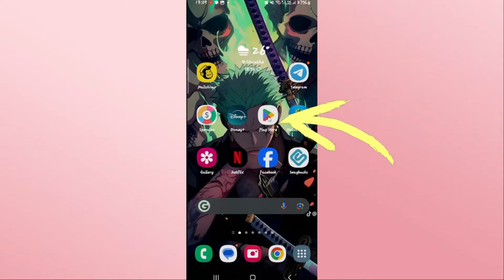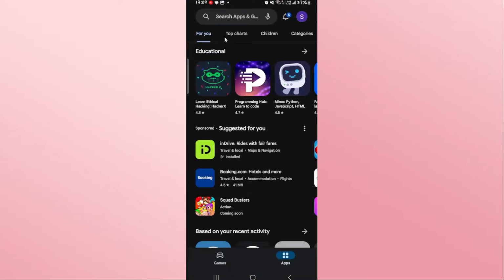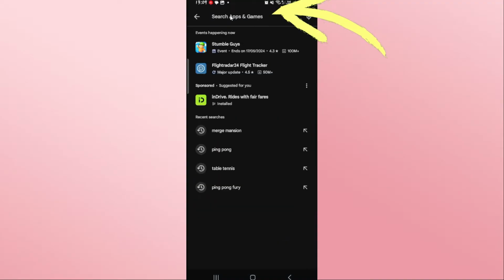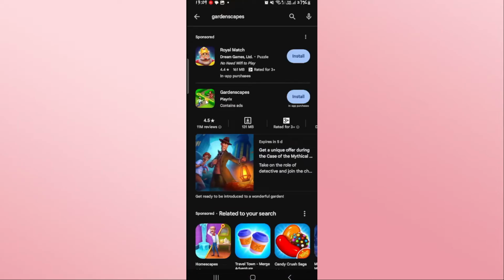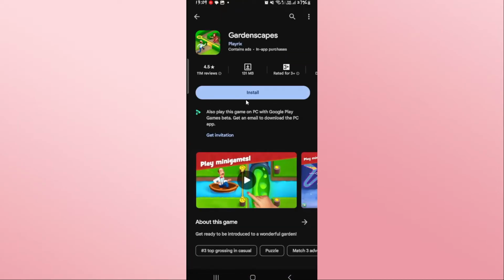First of all, open up the Play Store on your device. And once it is opened up, tap on the search box at the top section and then type in Gardenscapes and start your search. Once you find the Gardenscapes game, go ahead and tap on it and you will see